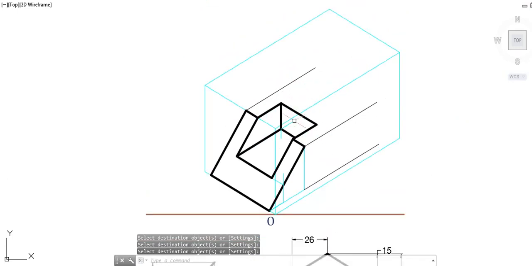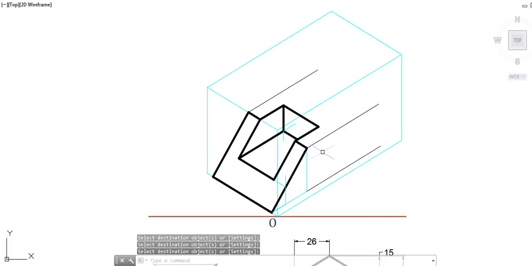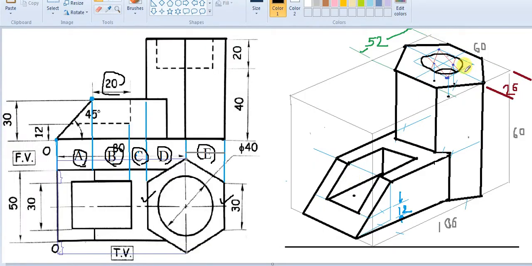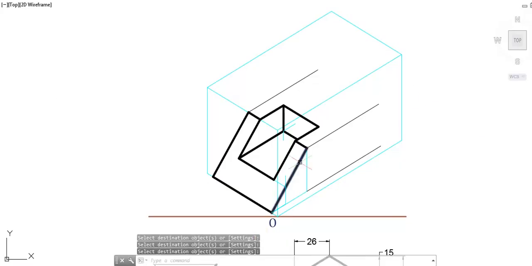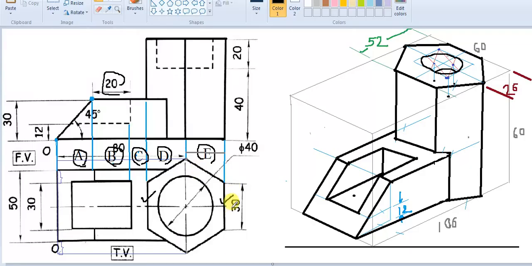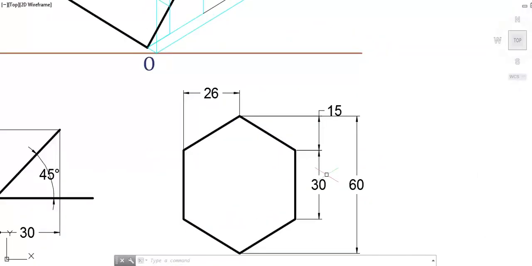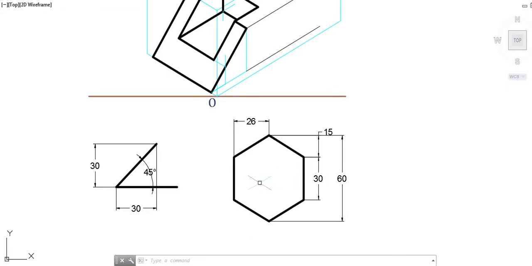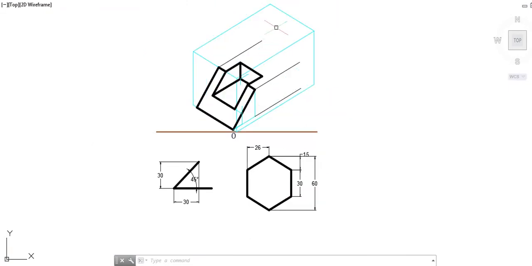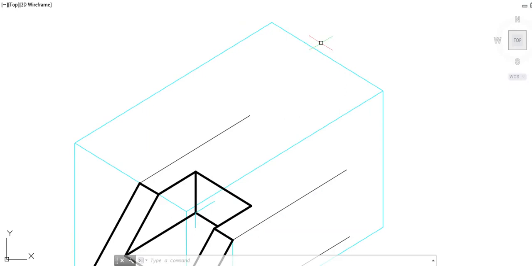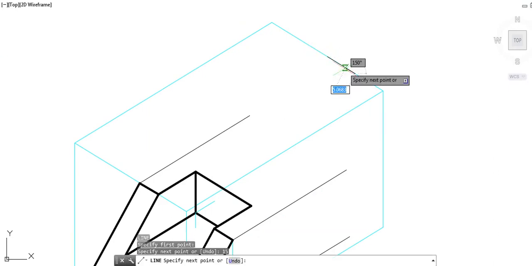Now when I go for the upper portion, I have to draw this hexagon, and for that I'll start from this point where I have to draw a line of 30 mm first on either sides. The distance between them, as we have already seen this in 2D, comes out to be 52. So we'll start with half of it, or we will start with 30 mm line. So on either side it goes on 50. So even on this side it will go by 15.